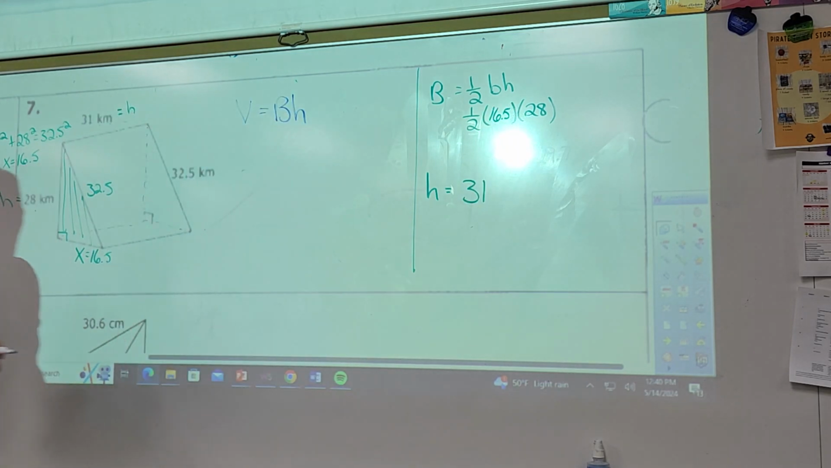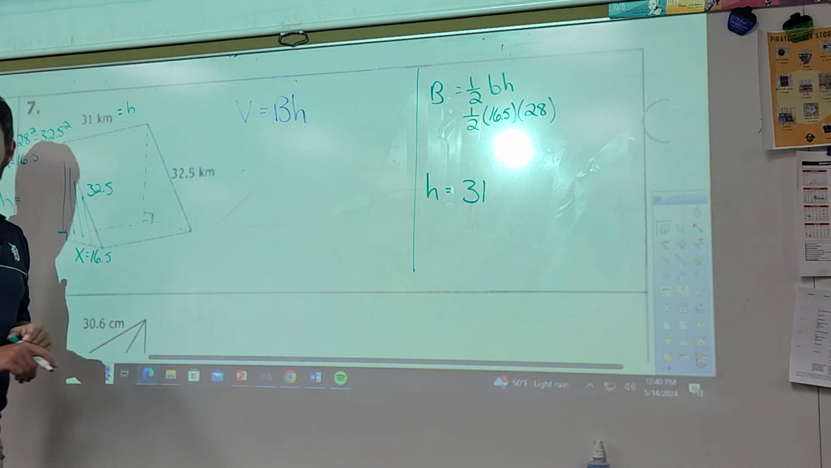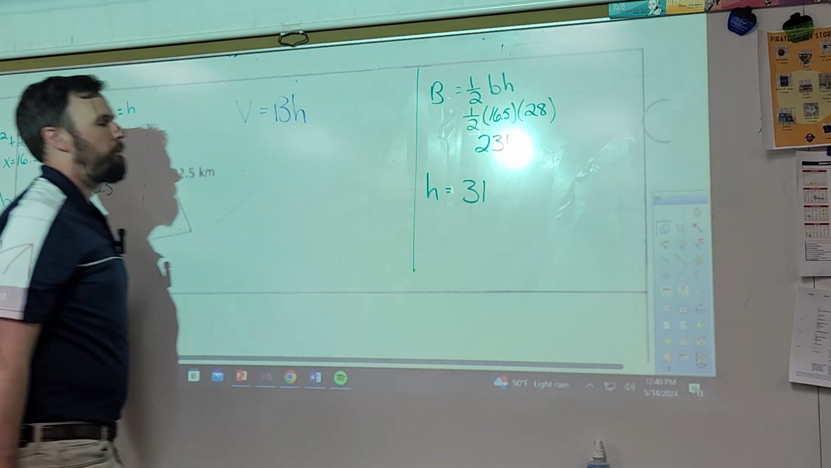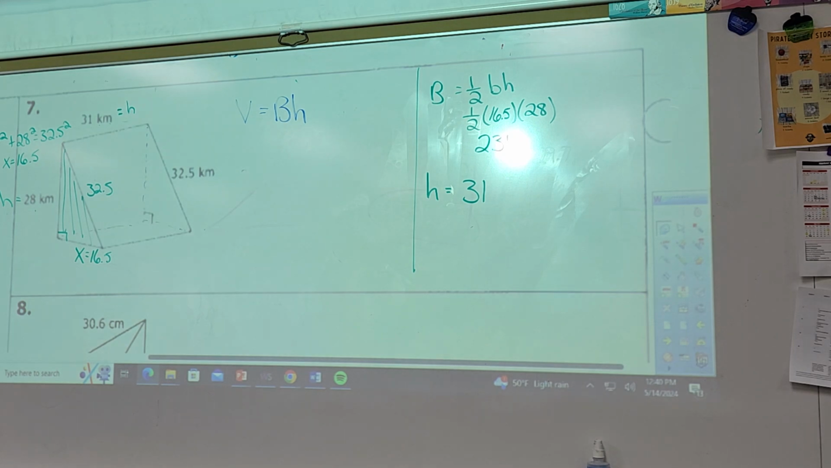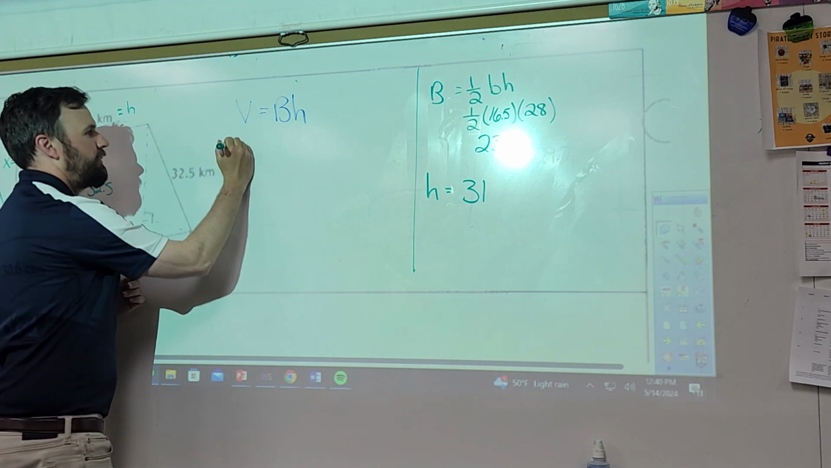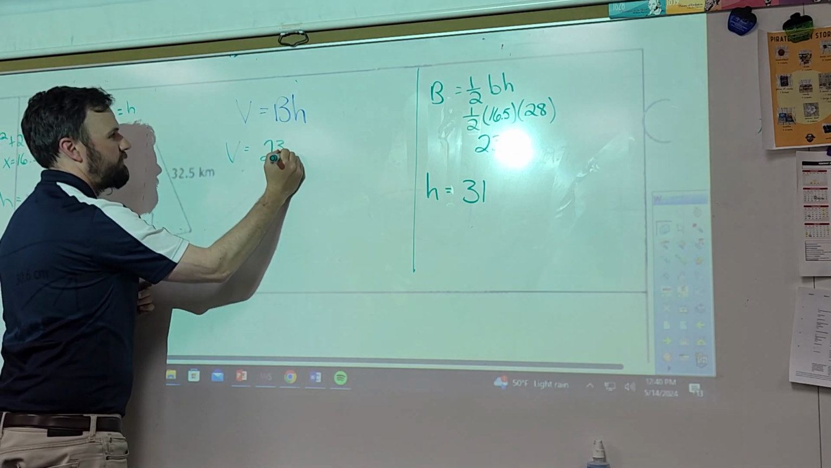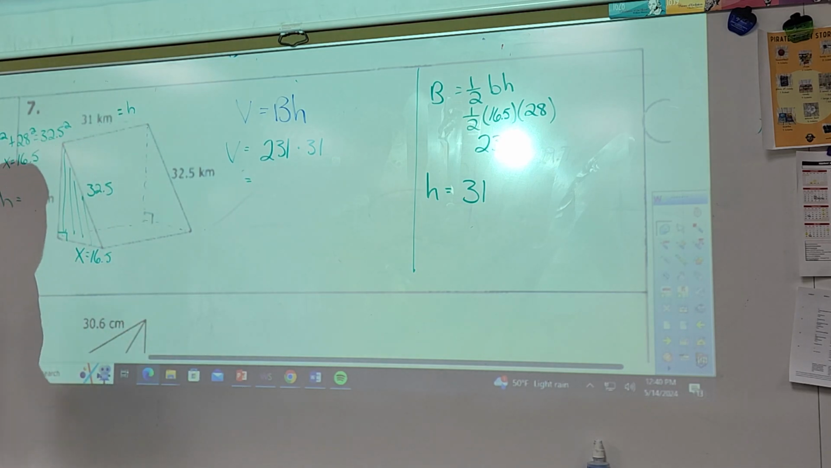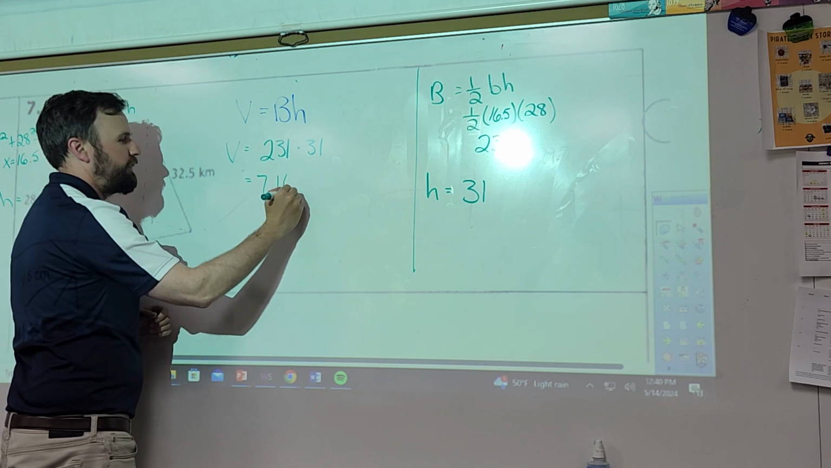Now I can plug it in, right? So when I plug that in, I get 231. The bottom part, that's 16.5. Now what do I do with those two numbers over there? Yeah, just multiply. Volume is base times height. I got 7,161